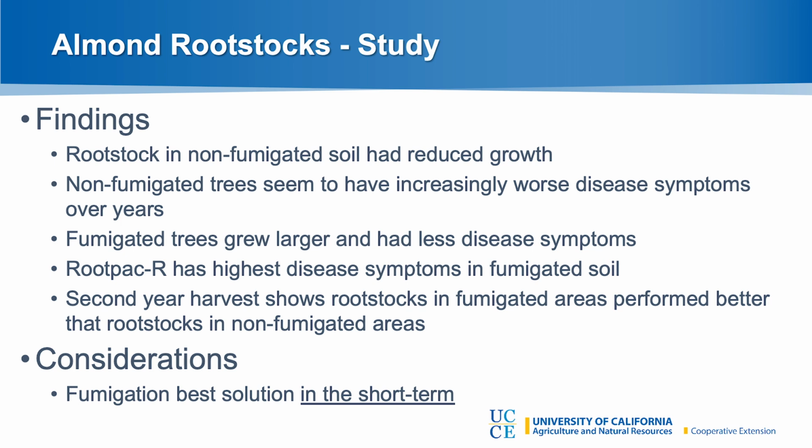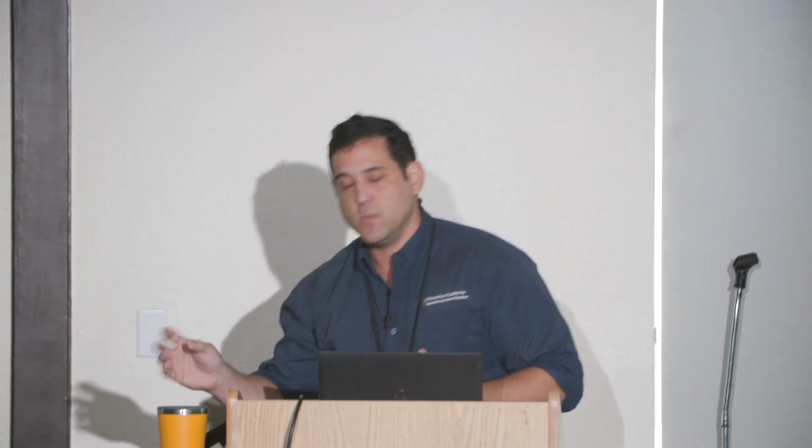So for the non-fumigated trees, the issue is that progressively they got worse. And the thing you need to understand with fumigation and tree crops is that it's just buying you a little bit of time for the trees to get established, because nematodes don't go away forever, they do come back. So by fumigating, you're giving those young trees time to grow larger, so that way they can be a little bit less susceptible. But if you can pick one that's also tolerant or resistant to those nematode pests, that helps